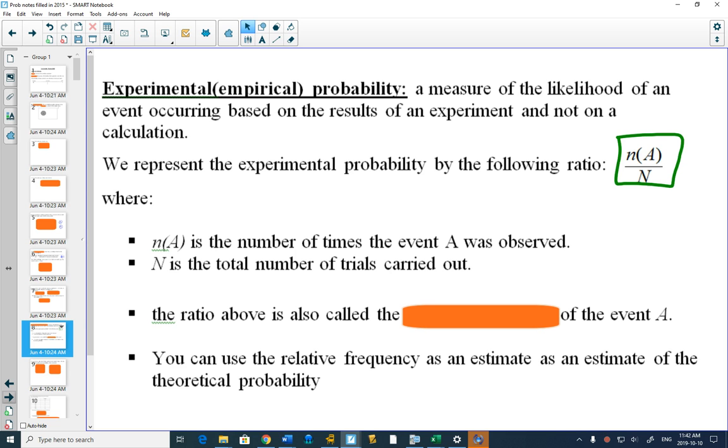Experimental probability. It's the measure of likelihood based on experiments. So same idea, right? How many times does something happen? Divide by your number of trials. Right? So, here it is. I'm going to roll a 6-sided dice. I'm going to do an experiment where I only do one trial.